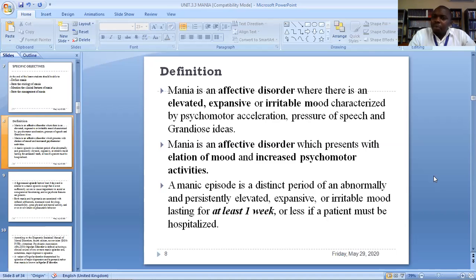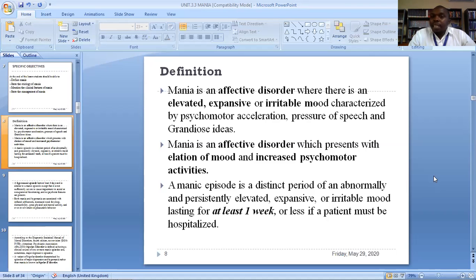So how do these people with mania present? They will have some psychomotor acceleration. They will also have pressure of speech; they would want to talk continuously. They would also have some grandiose ideas. Someone feels like they are highly placed in society, which is actually not the reality. That is a grandiose idea. The other definition says mania is an affective disorder which presents with elation of mood